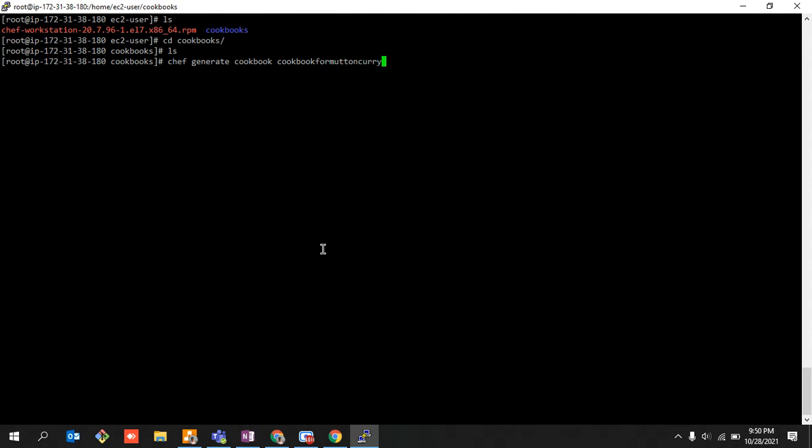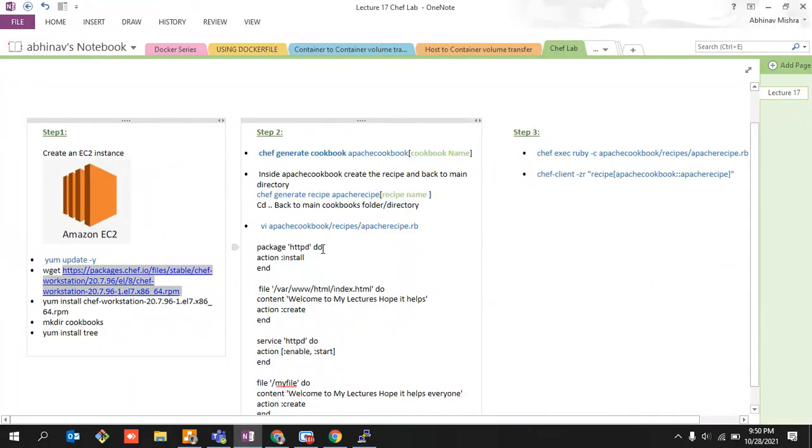I know I am taking a very weird kind of example. Ideally, I should have taken Ubuntu or Linux or that kind of technical stuff. But this lecture is not meant to be a very technical sort of lecture. The whole main aim of this lecture is that you guys are able to understand what I am trying to convey, right? Because I really got confused when I was going through one of the topics, and they generated a cookbook, and it was quite a technical one. So I don't want anyone to get confused. This is why I'm using this weird kind of example. So don't feel anything bad.